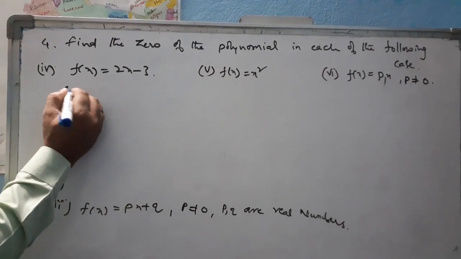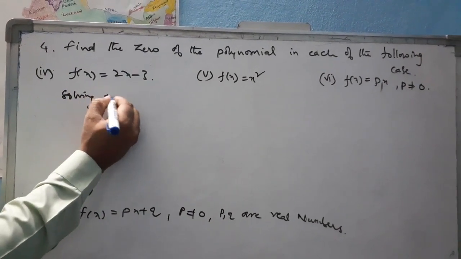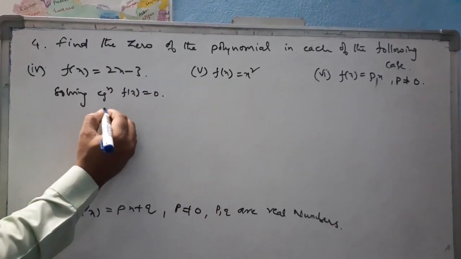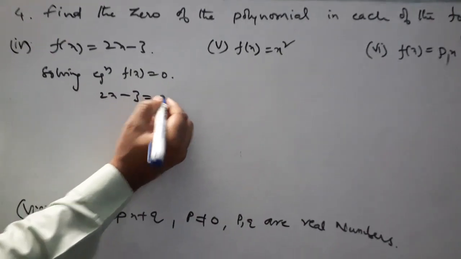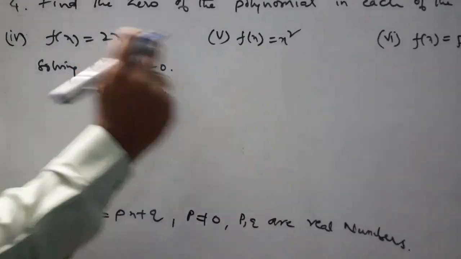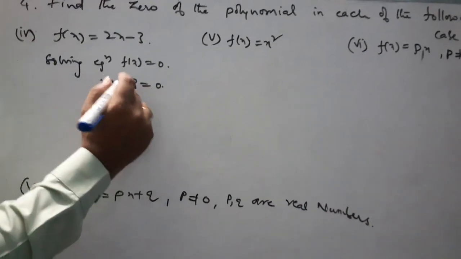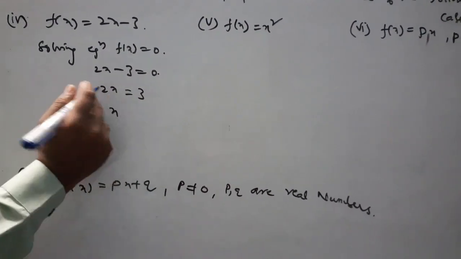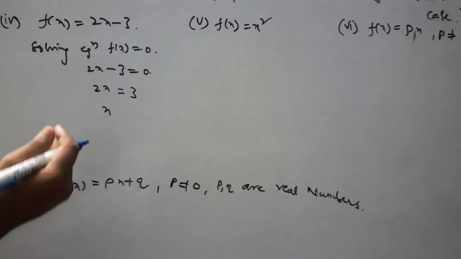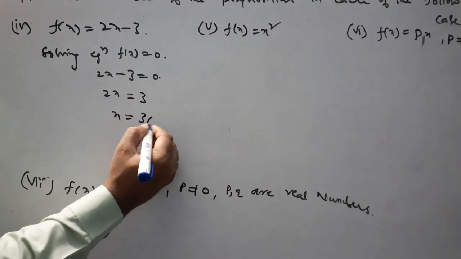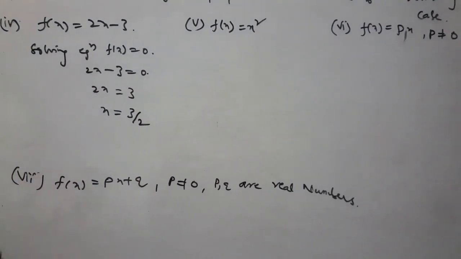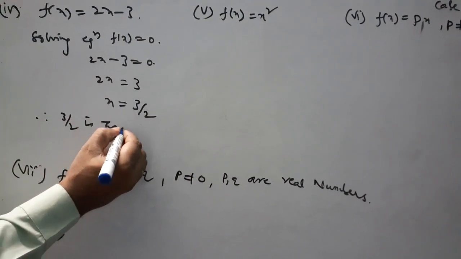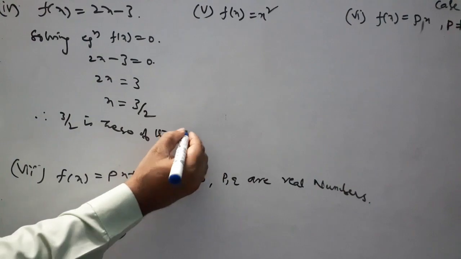So solving the equation f of x equal to 0. So 2x minus 3 equal to 0. So 2x equals, 3 bring it to the right side, it becomes plus 3. Here 2 is a multiple, so if we bring it to the right side it becomes the denominator. So x is equal to 3 by 2. Therefore 3 by 2 is the 0 of the given